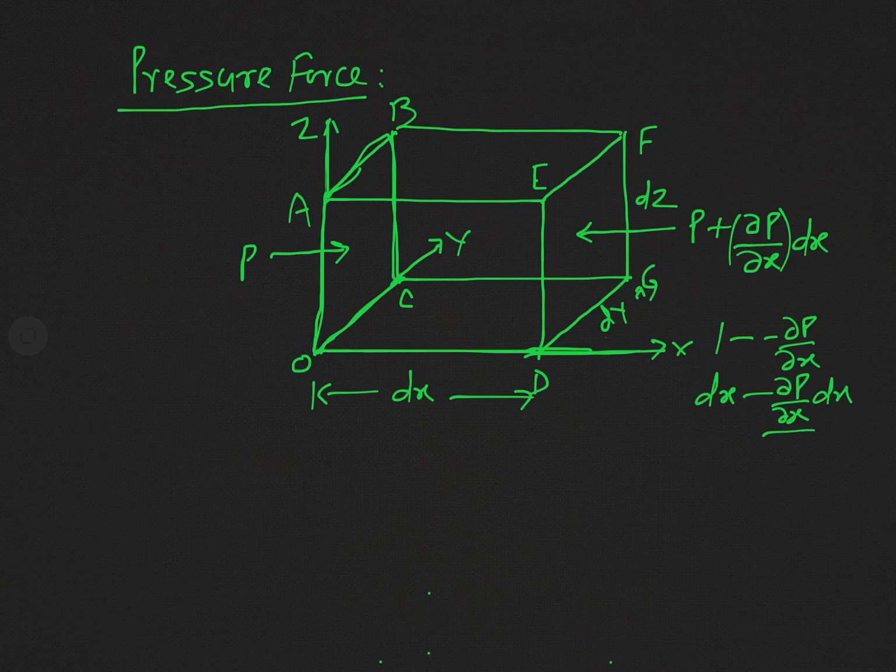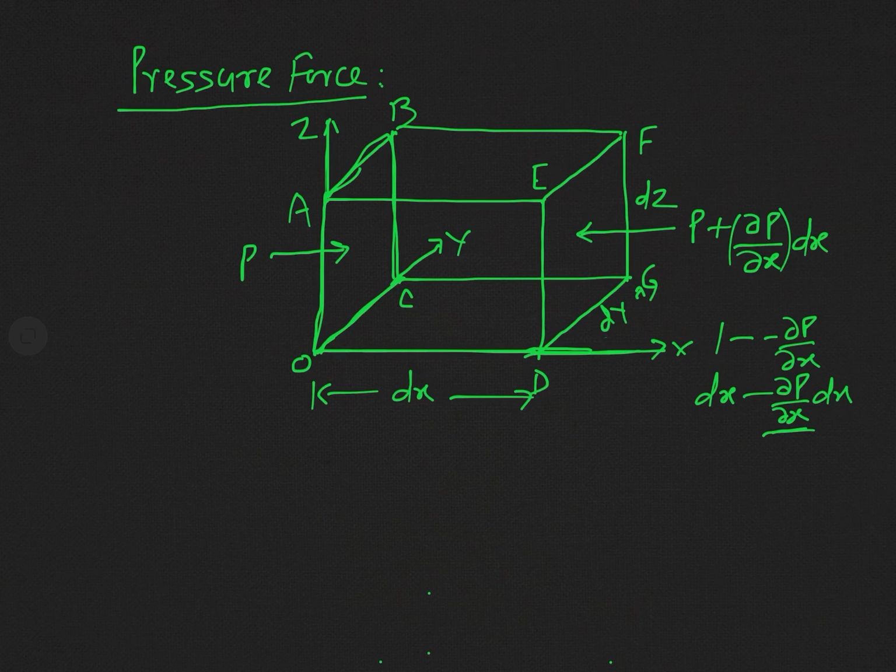See here why I have written this pressure gradient as del P by del x, not dP by dx, because pressure P will be a function of x, y and z, all three independent variables. So here I am just considering the variation in pressure in x direction. So we have assumed that y and z are constant, and hence this partial derivative defines the pressure gradient. So you should write del P by del x as pressure gradient, never dP by dx.